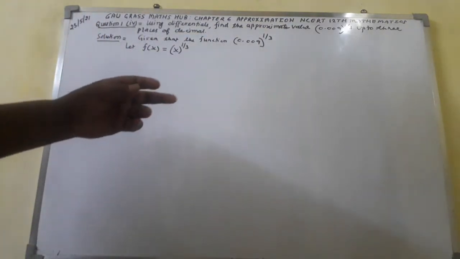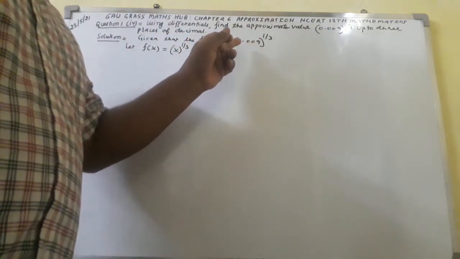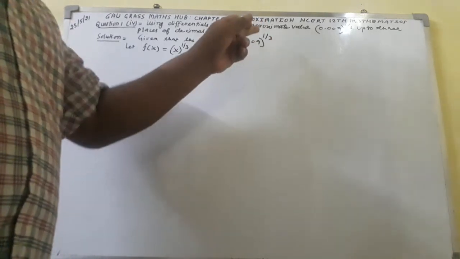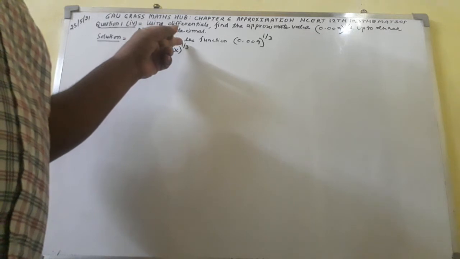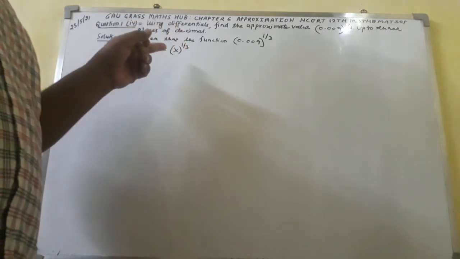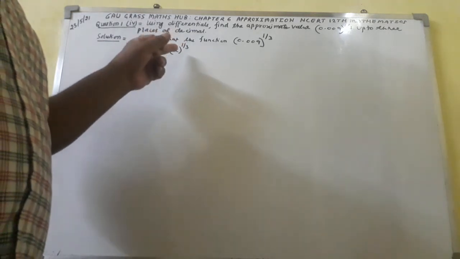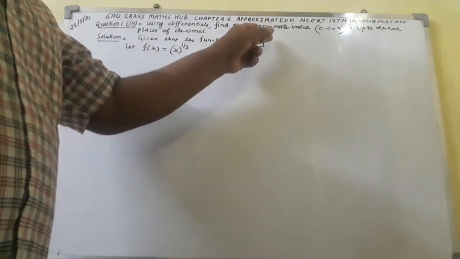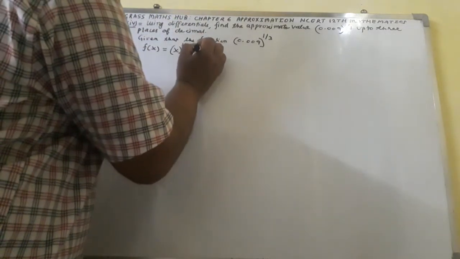Here you can see, the given function consists of index 1 over 3. So this index 1 over 3 will be reflected here the same as 1 over 3. F of x is fixed here, x is also fixed here, but the index of x will be taken from this place. 1 over 3 will remain the same. Remember this.